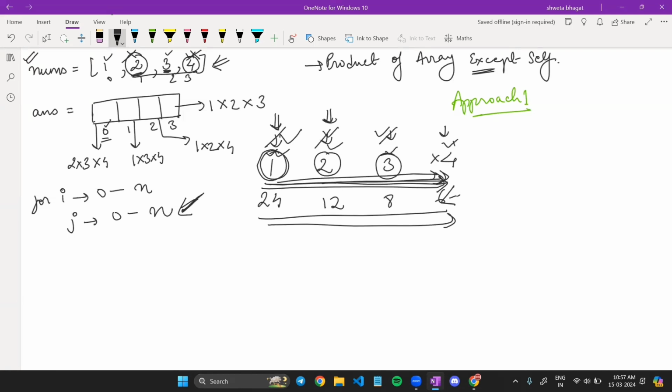Okay. Now, when we want to find the product, we want to find the product only when this ith index is not equal to this jth index, right? If this ith index is not equal to the jth index, then what we'll say? We'll say that product is equal to product into nums of j. Fine. Now, why have I written this condition? Because whenever our ith pointer and jth pointer would be same, in that case, we don't want to include it,